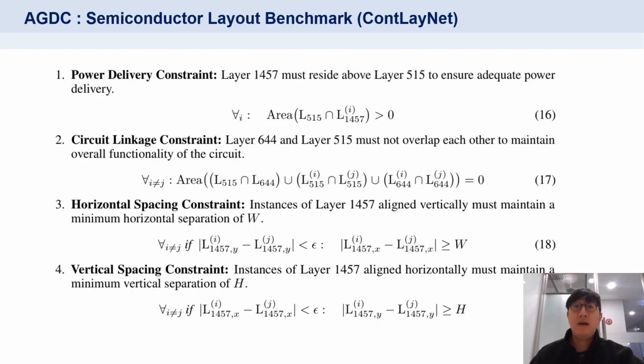These metrics measure the overall functionality of the semiconductor layout. For example, the circuit linkage constraint checks whether all layers of circuits are functionally valid. These metrics quantitatively capture whether a generated layout satisfies essential manufacturing constraints.